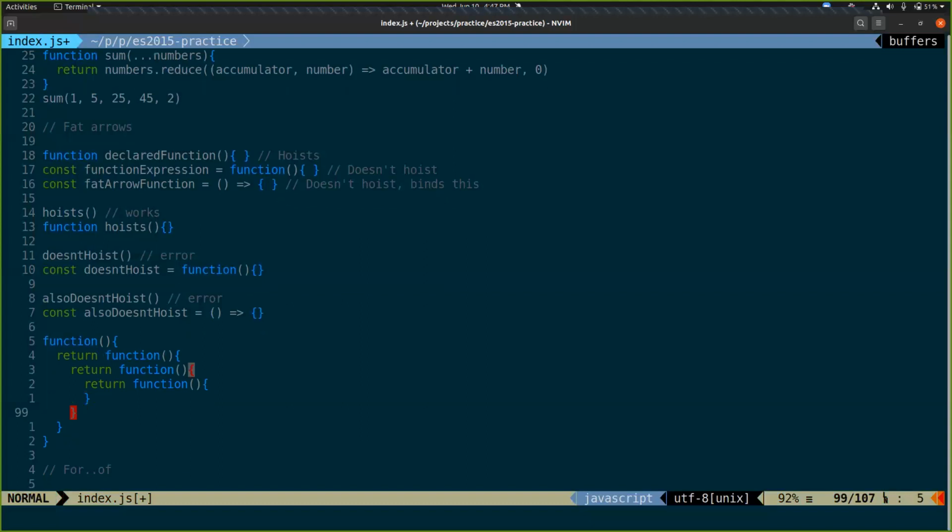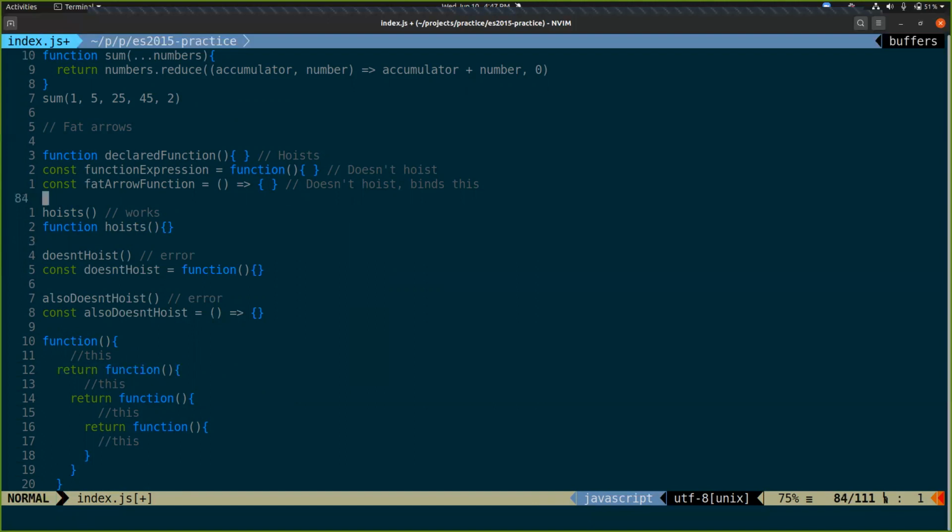This value keeps changing inside of each one of these. All of those refer to different things, or will when they're being called, which is also part of what's confusing about it. So with a fat arrow function, this never changes.